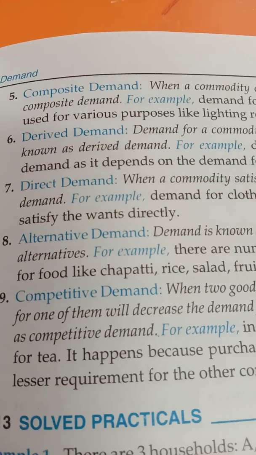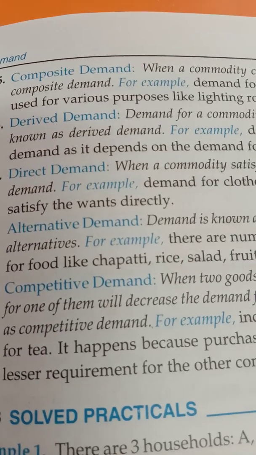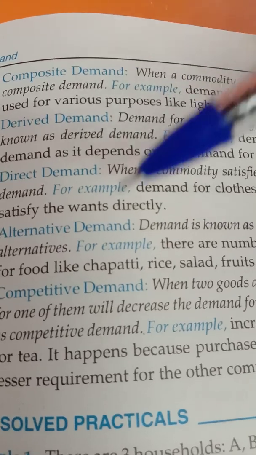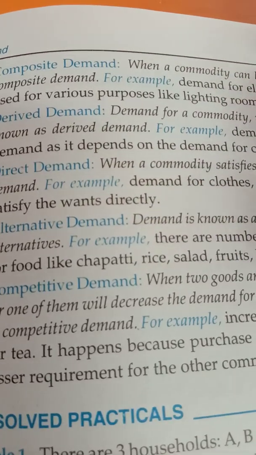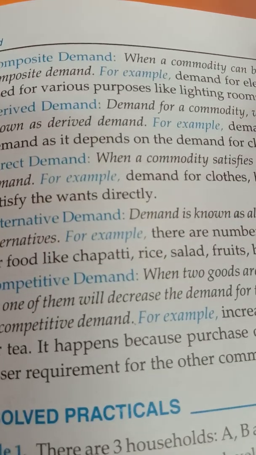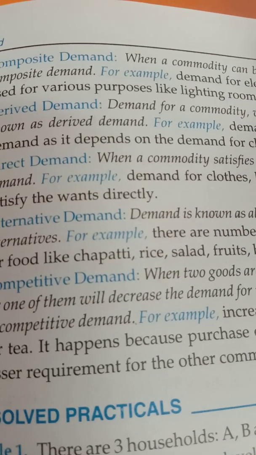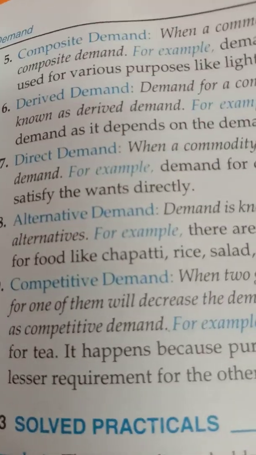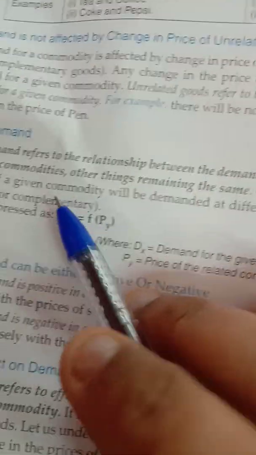Now competitive demand. That is competitive demand because two goods are close substitutes for each other, they are in competition with each other, and increase in demand for one definitely decreases demand for the other. That is a competitive demand, like the increase in the demand for coffee might reduce the demand for tea, and same with Coca-Cola and Pepsi, they are having the competition with each other, that is competitive demand. So you have to just learn the definition of cross demand.